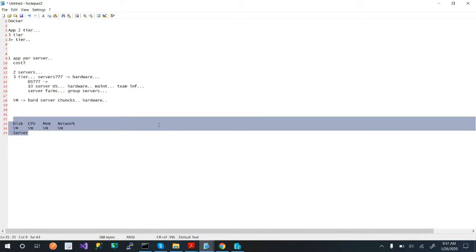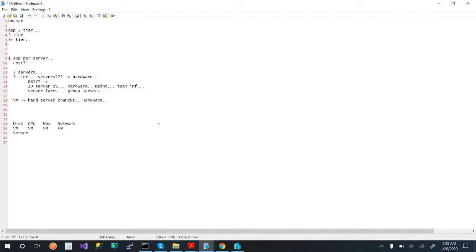Now, if I need that more, I have to either add more servers or I have to add more of these. Now, not too bad in a way, if you think about it, but now I have to add my apps. Okay, so app 1, app 2, app 3, and app 4.